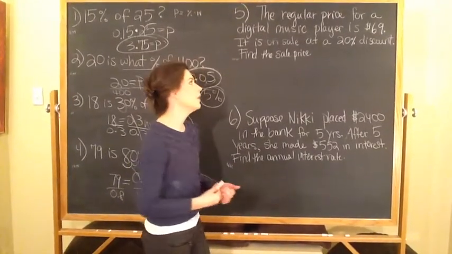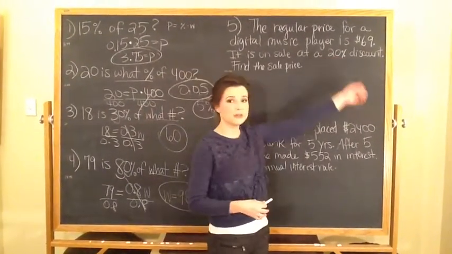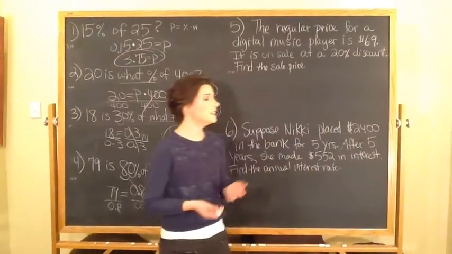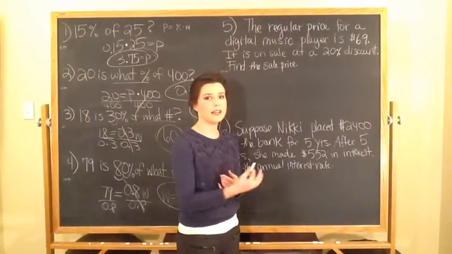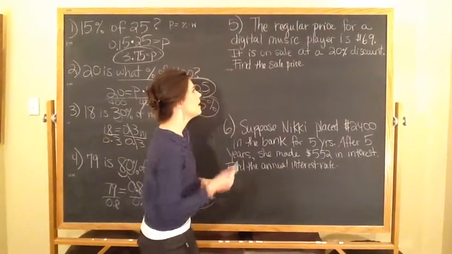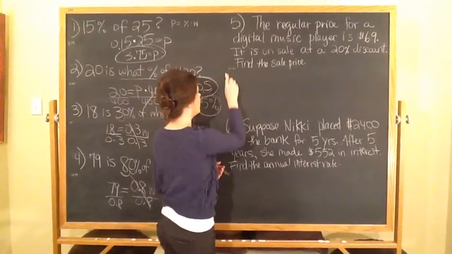So the first way, I'm going to find the discount and then subtract it from the original. And then in the second way, I'm going to find the portion that we're actually paying for and find that percent of the original price, okay? So first of all, in the first way, so way one,